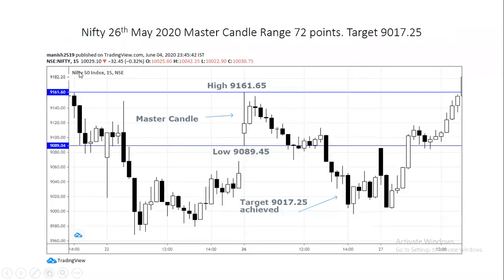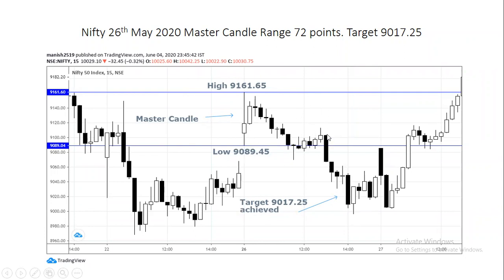Now next, I have Nifty example to show you on 15 minutes time frame. Now look at this big bullish candle. Now look at the next three candles. See, next three candles are completely inside this candle. So yes, now we can say this is master candle. Now calculate the range, high minus low. Range this time in Nifty is 72 points. So this was consolidation. See, these all are baby candles.